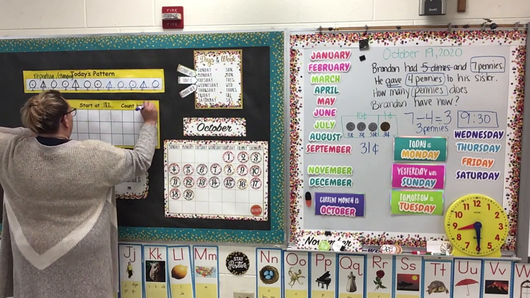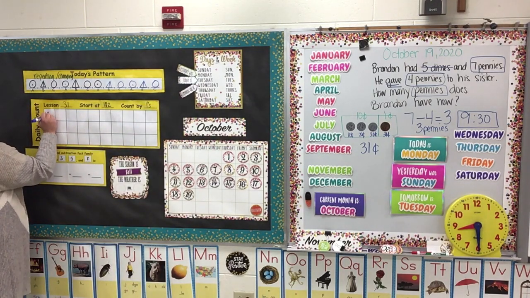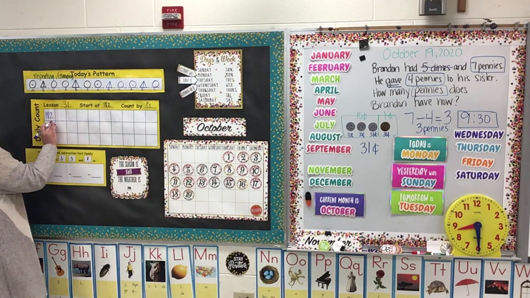Let's go ahead and count by ones. We're at lesson 31. We're starting at the number 182 today. So we're starting with a larger number. We're going to start at 182, and we're going to go just a little ways today. 182,